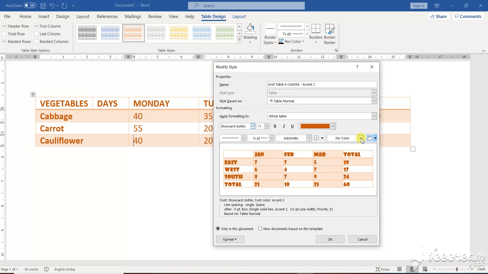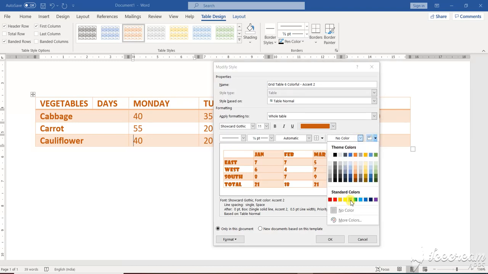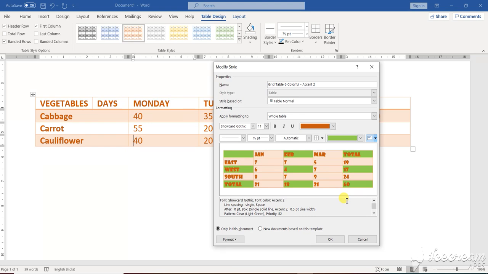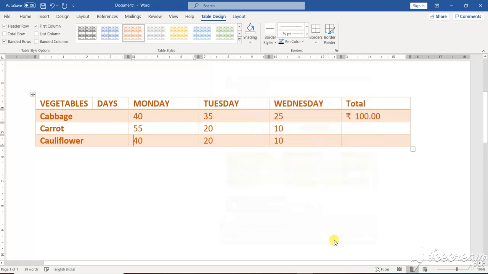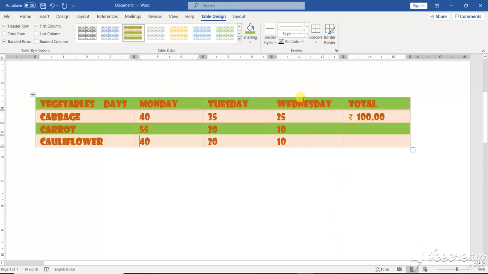So writing, if you don't want a color, you can give. If you want to fill with a color, that also you can, no color is there. If you want to fill with some color, suppose see, the other section will be filled with this particular peach color, isn't it? So whatever you want you can do. So the totality of things depends upon your ideas, what is your idea regarding this particular designing and implementation of your table. Okay, if your implementation and designing is proper, you can easily use any pattern of things.